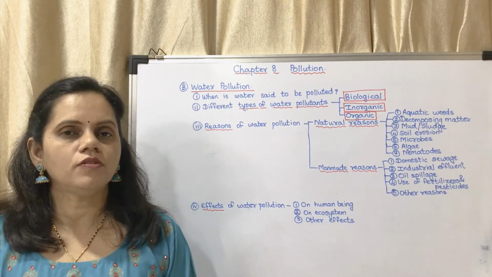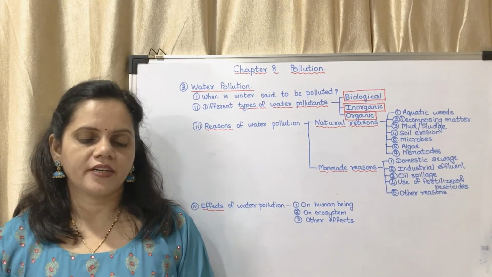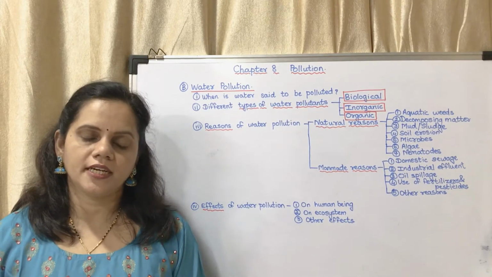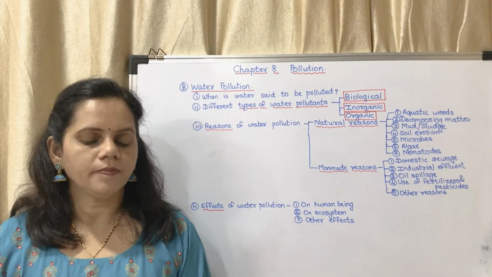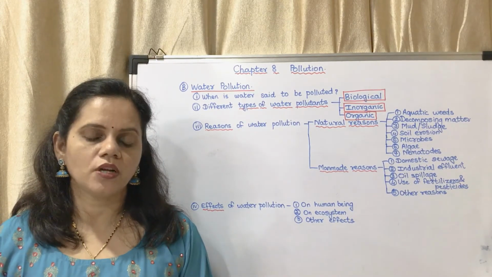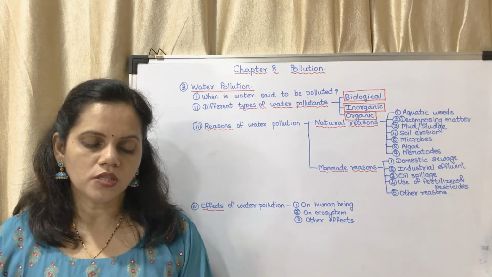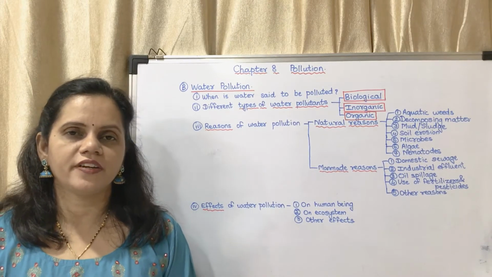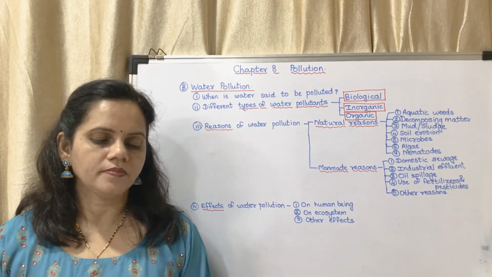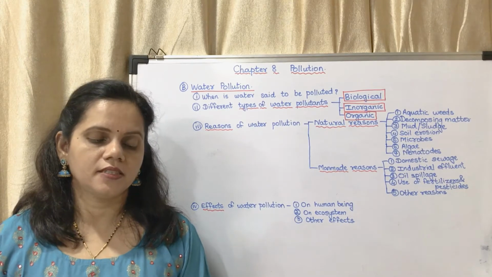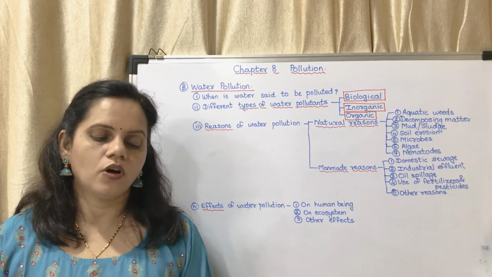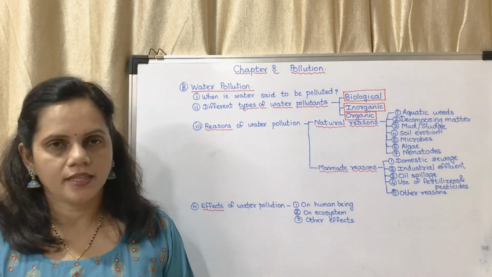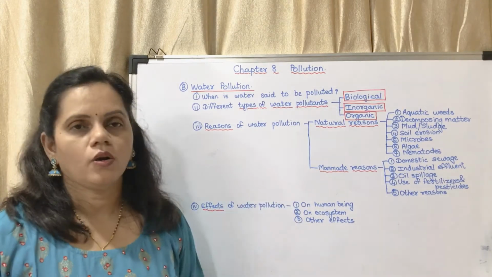NPK, that is nitrogen, phosphorus, potassium, containing chemical fertilizers. Pesticides like endrin and chlorine and carbonate containing pesticides flow and mix with water. Other reasons include disposal of human wastes, washing of clothes, decomposing hemp and flax in water, which are different types of agricultural waste. Disposal of ashes, floral offerings to God, water from thermal power plants, etc. These come under other reasons. So these are the reasons for water pollution.